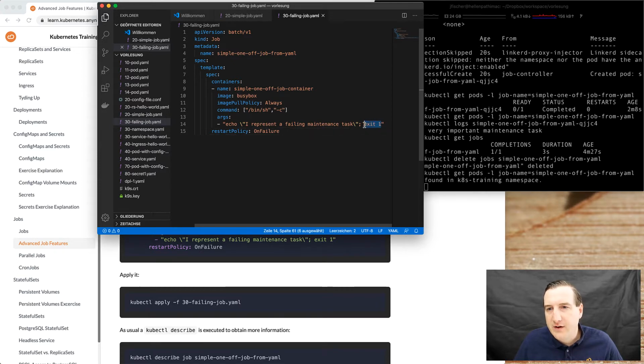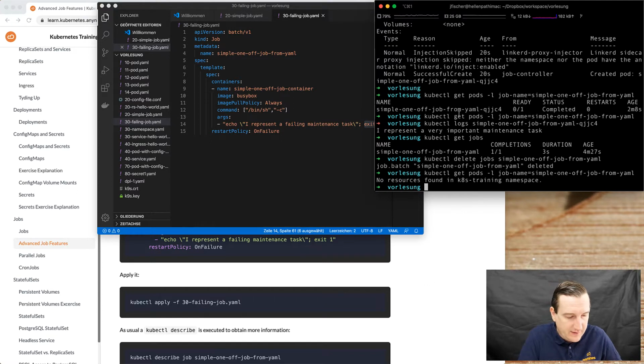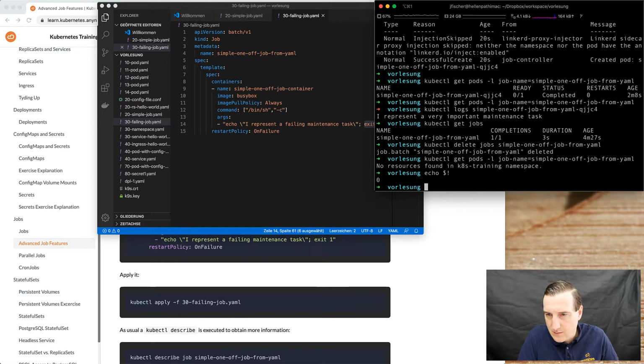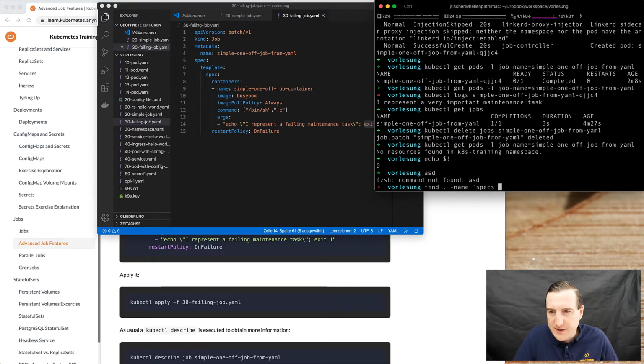So in this case, we give the command a non-zero exit status, and as you may remember, in Linux there's a return value, and if you do something that doesn't make sense,